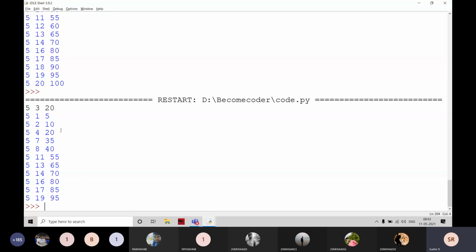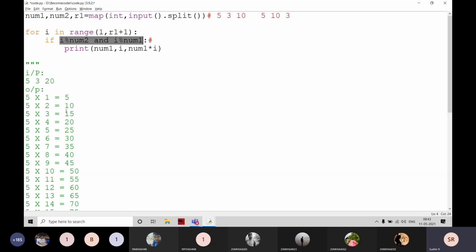That's why 3 mod 3 is not printing here, and at the same time 5 into 5 is also not printed. Why? Because here it is checked whether 5 is divisible by 3. Yes here it is going to be true, and then it checks whether 5 is divisible by 5. Yes, then the first one is 1, that means true. Then the next one is going to be false, and inside that there is an AND operator. That's why it is not going to print.